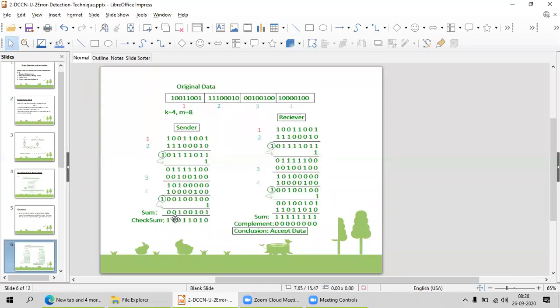Okay, I am interchanging the words with that particular thing. So it is the XOR and one's complement for that particular thing. I am going to get the checksum for that.